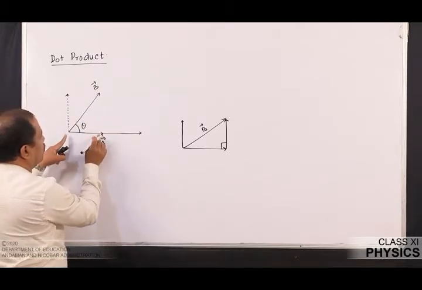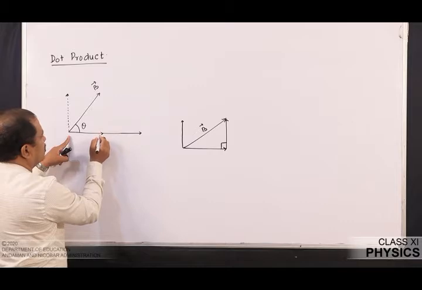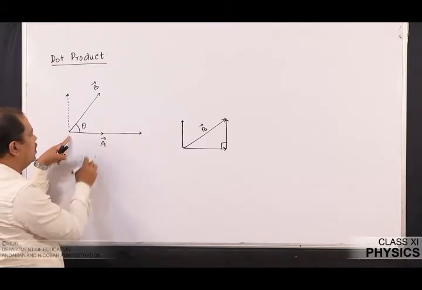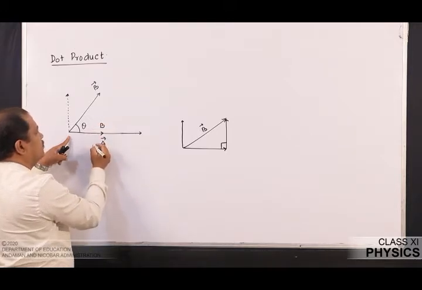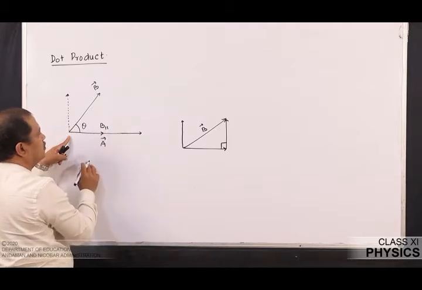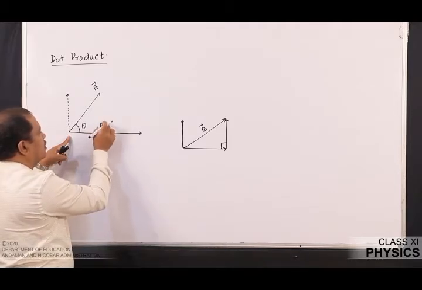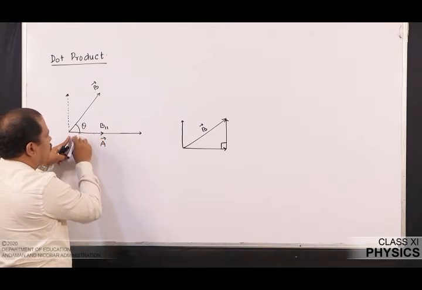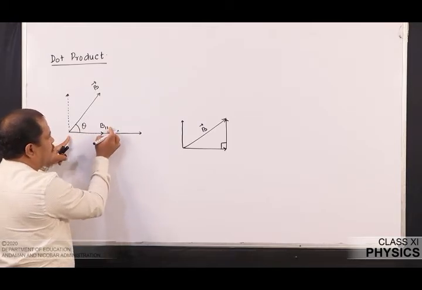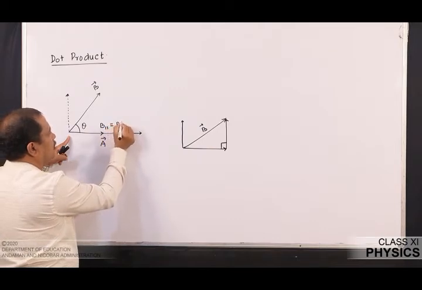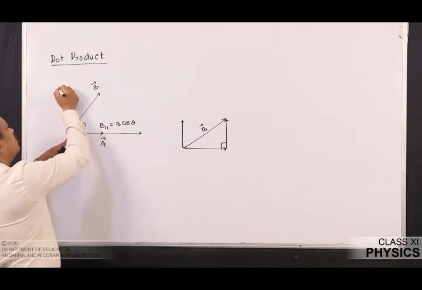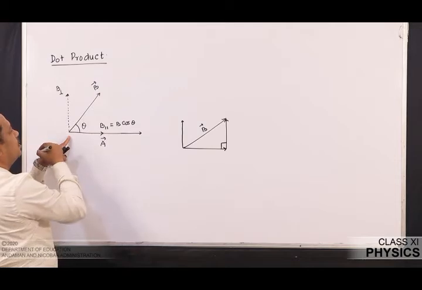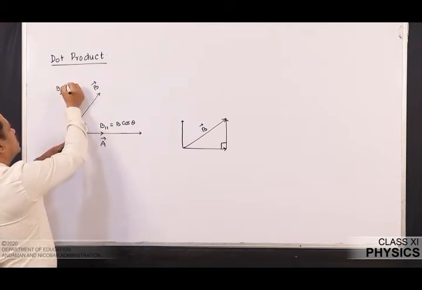The component that makes an angle theta with this vector is going to be the cosine component, which we have already studied. So let me say this component is lying parallel to vector A. I mean the component of B that is parallel to the vector A, that is B parallel, which is going to be B cos theta. This component is perpendicular to this one, so I am going to call this the perpendicular component, and we said in the last class that this is B sin theta.